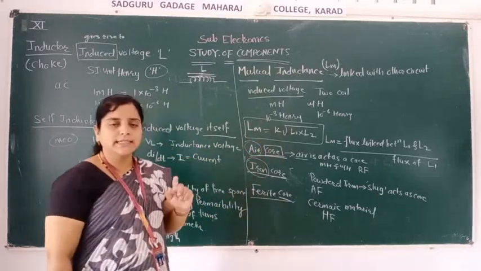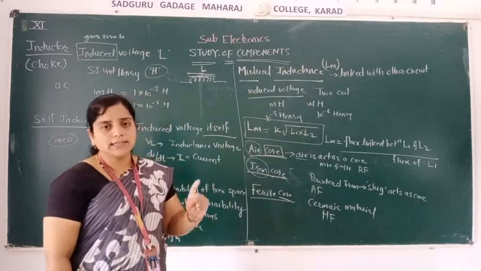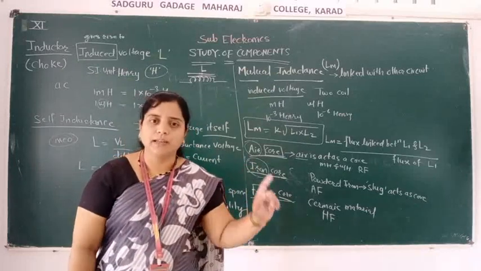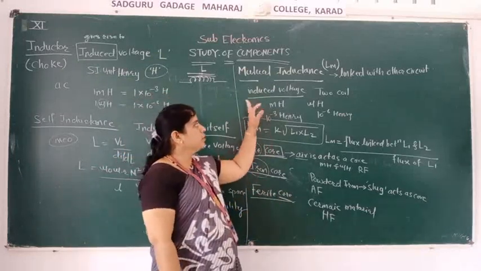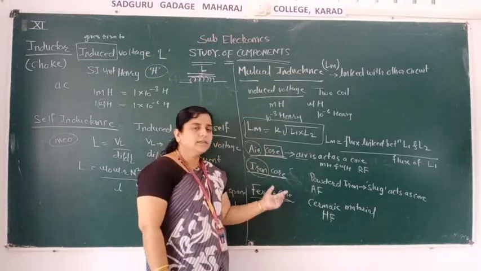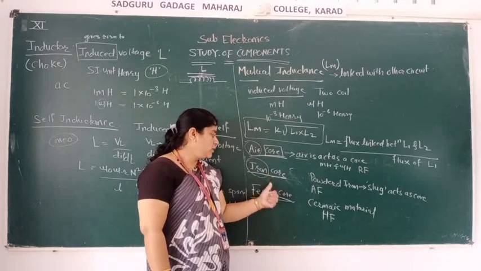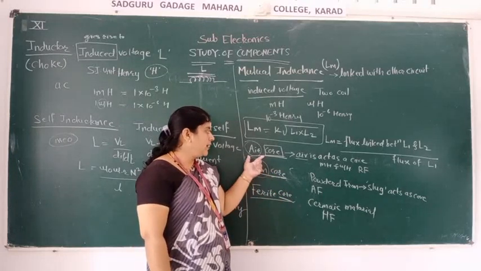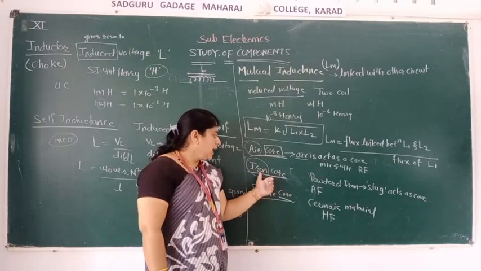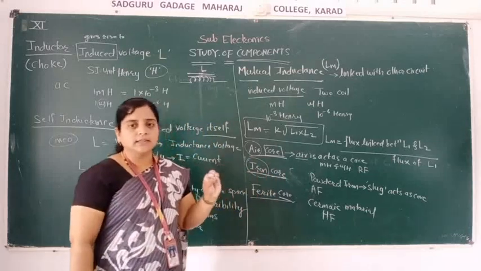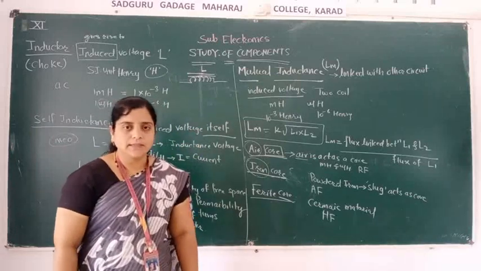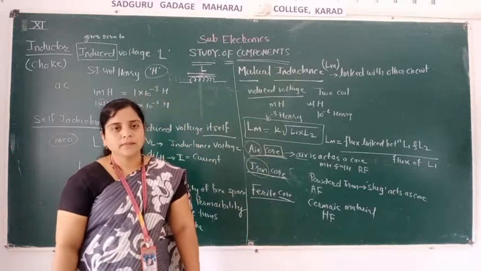In self-inductance, the voltage is induced in the coil itself. In mutual inductance, it does not induce itself; you have to give another circuit, then only it will induce the voltage. That is called mutual inductance. And the inductor is made up of 3 things: air core, iron core and ferrite core. In the air core, air acts as a core, in the iron core, iron metal powder or slug is used as a core, and in the ferrite core, ceramic material acts as a core. All of you understand this?